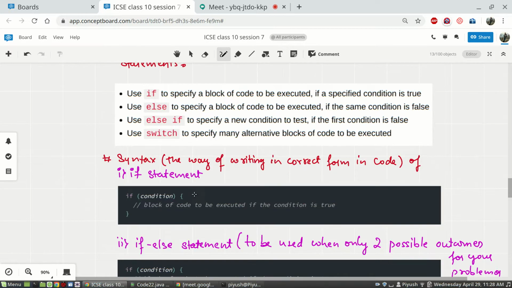Now you may ask, sir, when to use this one? This should only be used for the if statement.